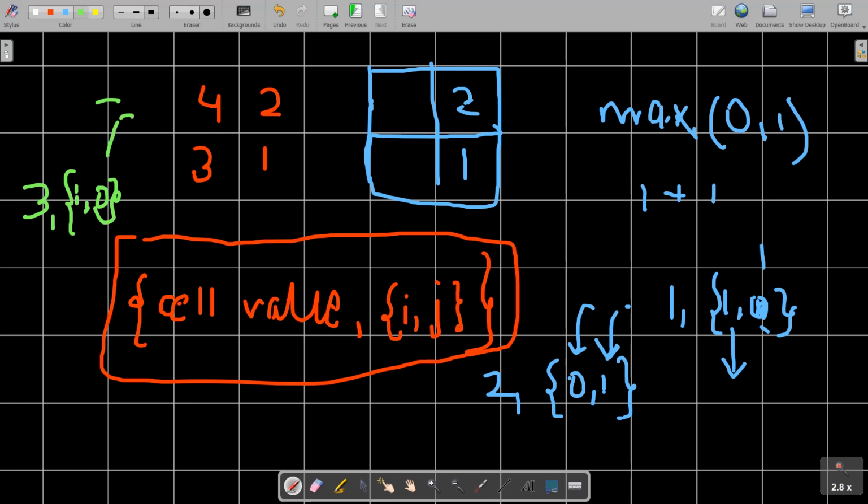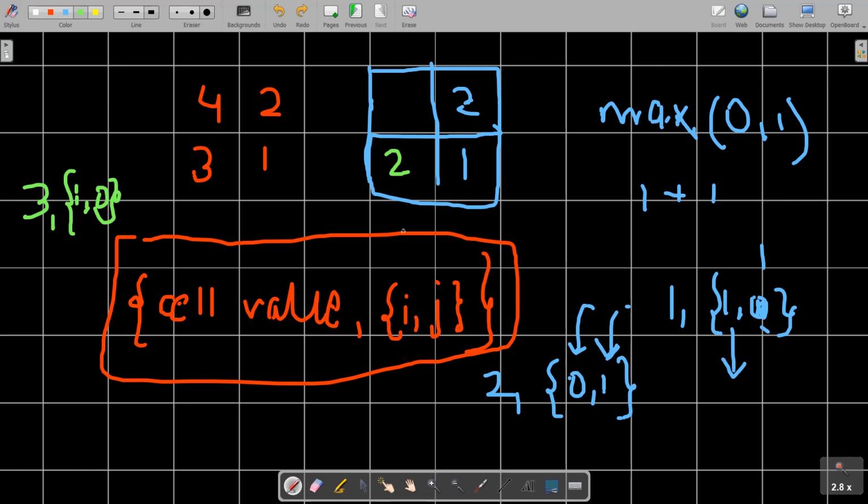For row number 1 it is 1, and for column number 0 it is nothing. So max of 0 and 1 is 1, and 1 plus 1 is 2, so it should hold the value 2. You can see that the values are still satisfying: 1 is less than 3 and their ranks are also less, 1 is less than 2.